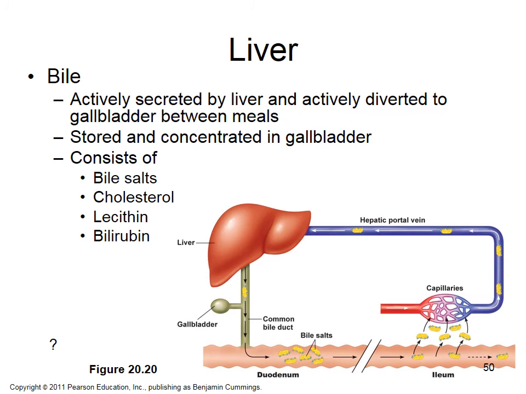So here we're showing that portal system where you have the capillaries in the small intestine as well as large intestine, and then they're connected to the liver via the hepatic portal vein. And what this is showing is that the liver, when it makes bile, one of the major components of bile are bile salts. So we've got these bile salts here. Remember, they're the amphipathic molecules. They're made from cholesterol, so they have a hydrophobic portion and a hydrophilic portion. Gallbladder acts as a storage organ for bile. And when you eat a meal, especially a meal high in fat, the gallbladder will contract and release bile